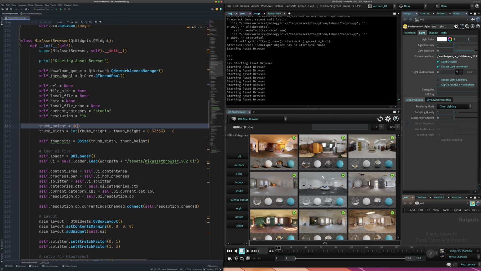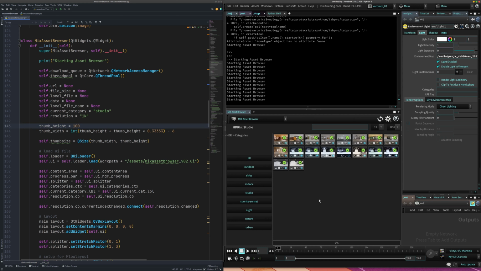Oh, that is not how I do it. I want to do it 100 and do that. Now this is pretty small, but you can see the text is smaller and it is in the right place. Now we're not scaling this checkbox, but we could also scale it down. You can see it is working. I mean, it's pretty small, but